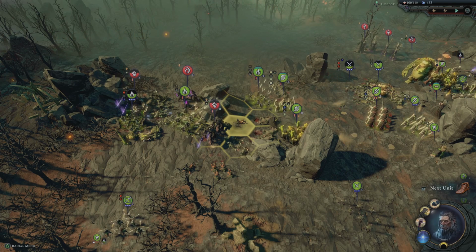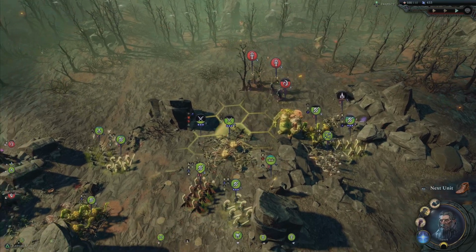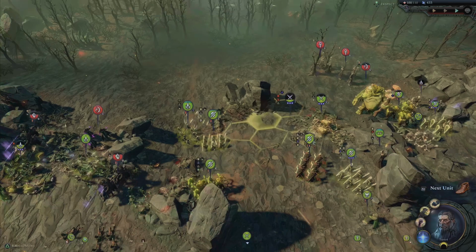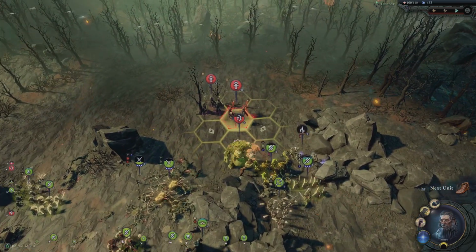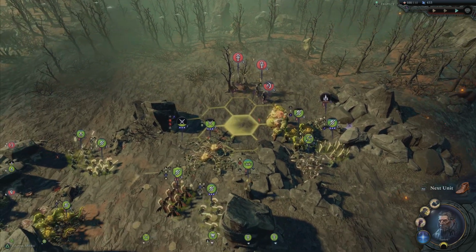So at this point, stop the battle from auto and then do it manually. So essentially, what we're looking for is to try and maybe kill 1 more unit to get them to rout. But let's just have a quick look at what's going on. That one's a fully healed unit. Let's